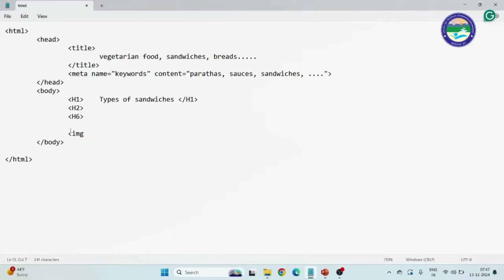We put images into our web page with the help of this image tag, and whenever the user searches for an image, only the images that are crawlable by the web crawler appear. So, how do we make our image crawlable by the web crawler? The first attribute in the image tag is